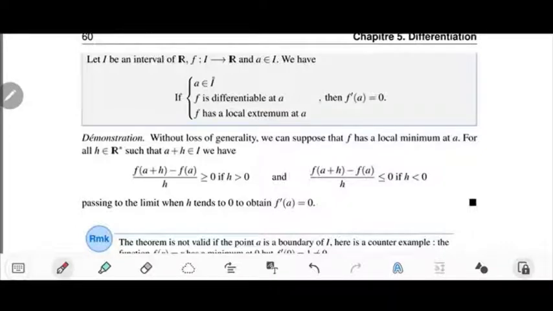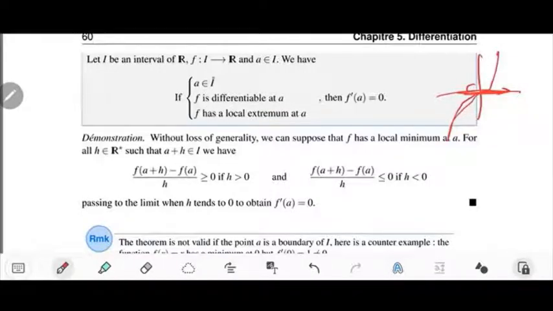So if f prime of A is equal to 0, it's not necessary that f has a local extremum at A. We might have points where the derivative is 0 without being local extremums. This is the first point. It's like the function x cubed. It goes like this. At this point the slope is horizontal, the derivative is 0,